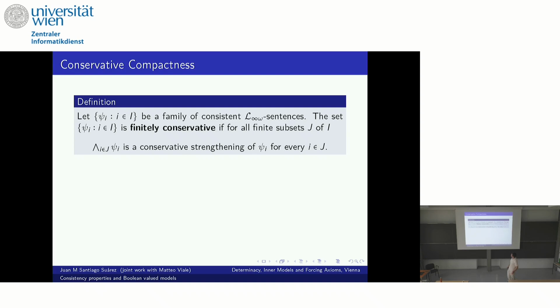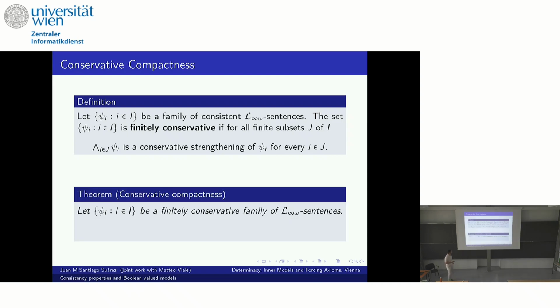So you get this notion of infinite family that is finitely conservative, and with this you can prove the theorem we wanted, which says if you have an infinitary theory and every finite subset is a conservative strengthening of the elements, so the family is finitely conservative, well, the conjunction is Boolean consistent. And furthermore, it is still a conservative strengthening of all the elements, okay? So even if you take the conjunction of a huge family, this is saying that this will not go very far from the elements. Now, you might be thinking, well, but you said that we were going to generalize compactness,